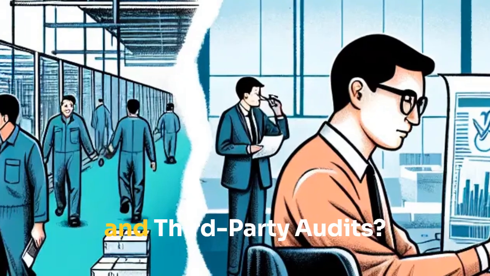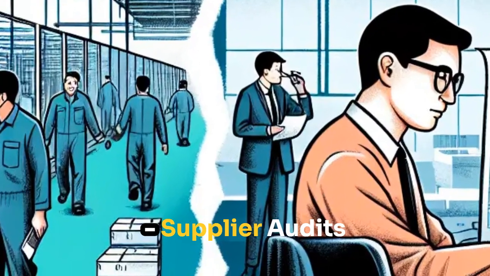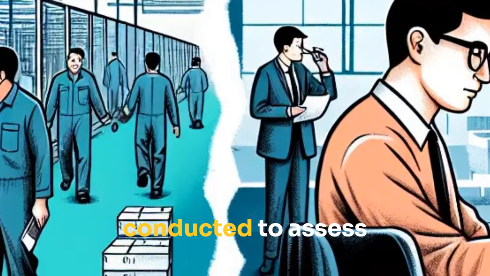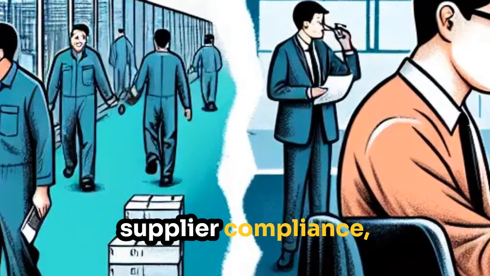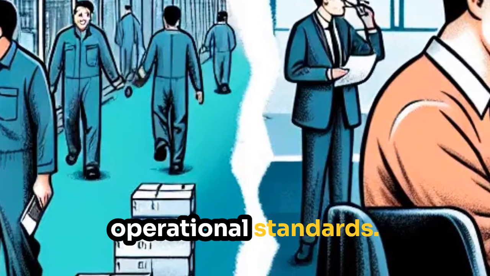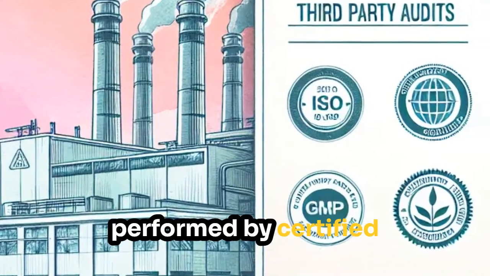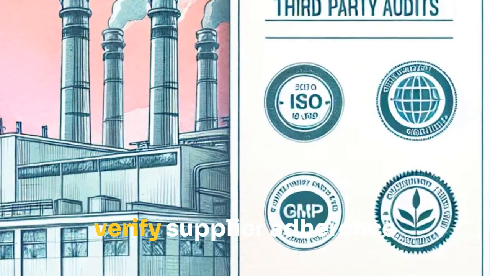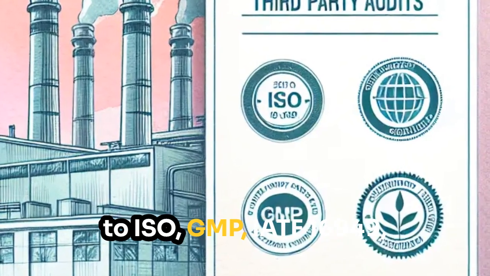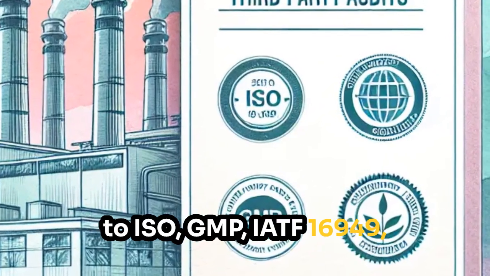1. What are supplier and third-party audits? Supplier audits: internal audits conducted to assess supplier compliance, quality control, and operational standards. Third-party audits: independent audits performed by certified external agencies to verify supplier adherence to ISO, GMP, IATF 16949, and other